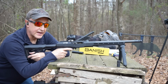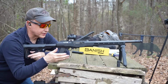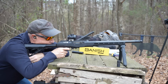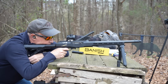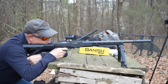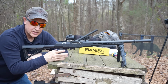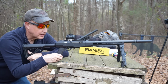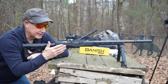All right, we got 17 HMR, and we're going to test it out. I'll tell you, this VT2 from Volquartsen, I can just switch the barrels out really quickly. This is a really cool system. It's hearing safe, but actually it's a little sharper than 22 Magnum, but it's more piercing. But it's still very easy to shoot, and especially if you're hunting, this makes a great option to